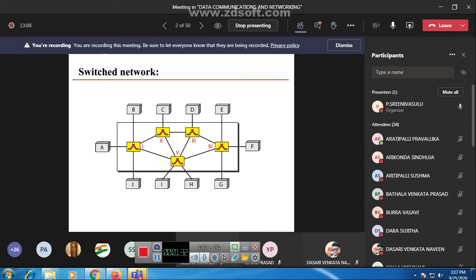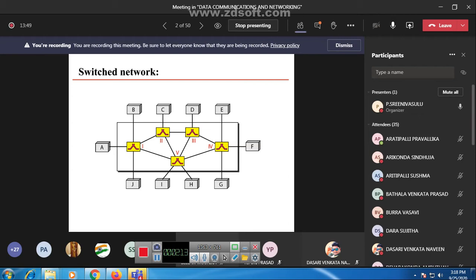We already learned what a network is. A network is nothing but a computer network. We have some communication elements, and those elements are linked using different communication links. Communication links may use wired or wireless transmission, that means guided transmission or unguided transmission. So we are able to transmit information either using wires or without wires. Those are communication links.